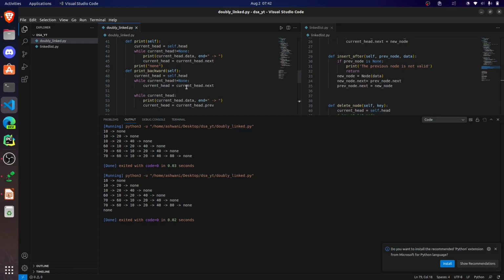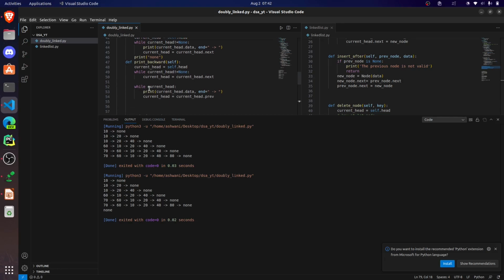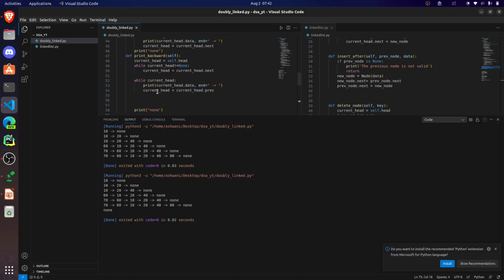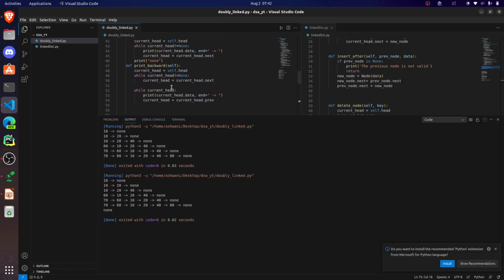So if it's our last node, then the current head will be set to none, and this while loop will not run because current head is already at none. To fix it, we just have to say that while current head dot next is not equal to none,